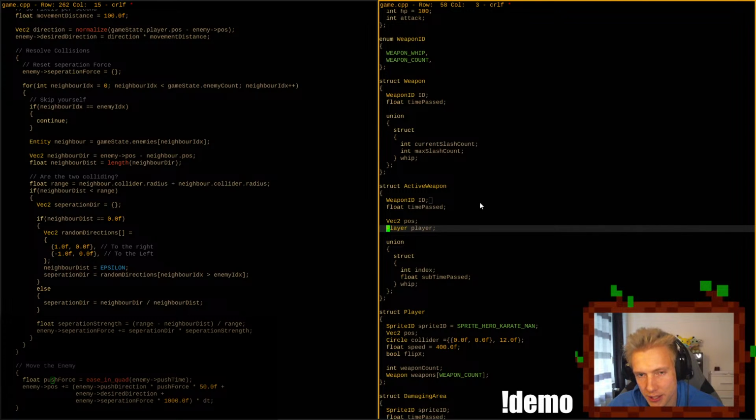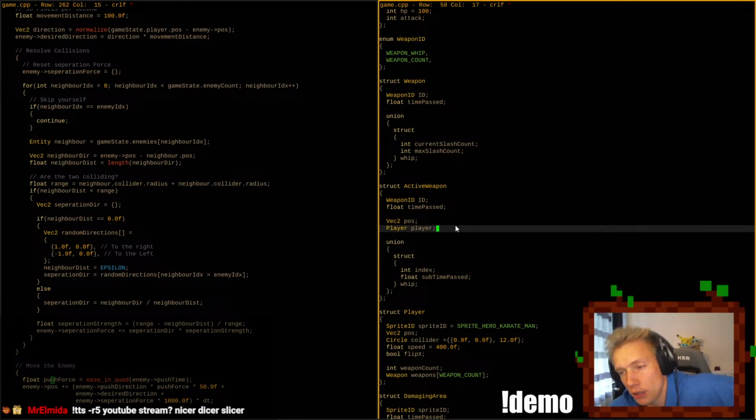What is time passed in the active weapon? The time passed in the active weapon means when the active weapon was spawned, how long ago it was spawned.